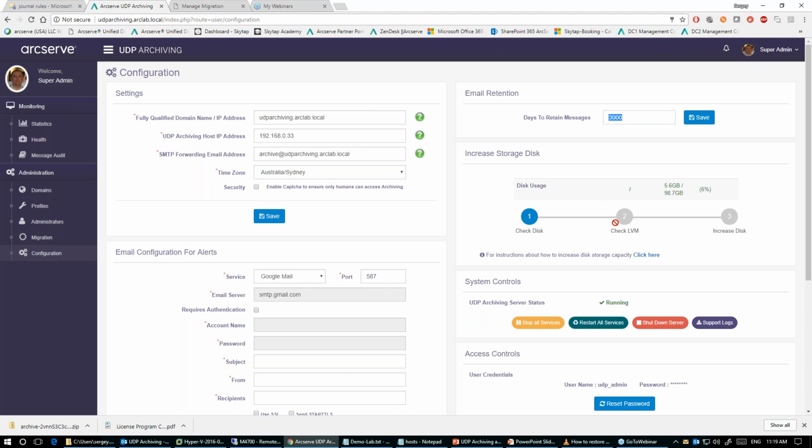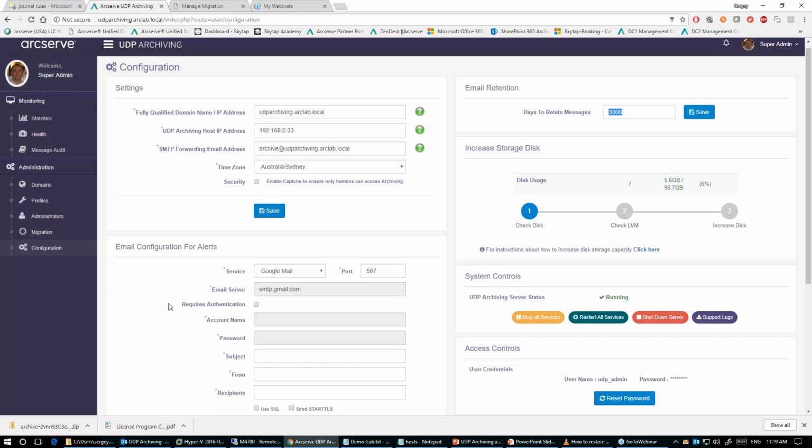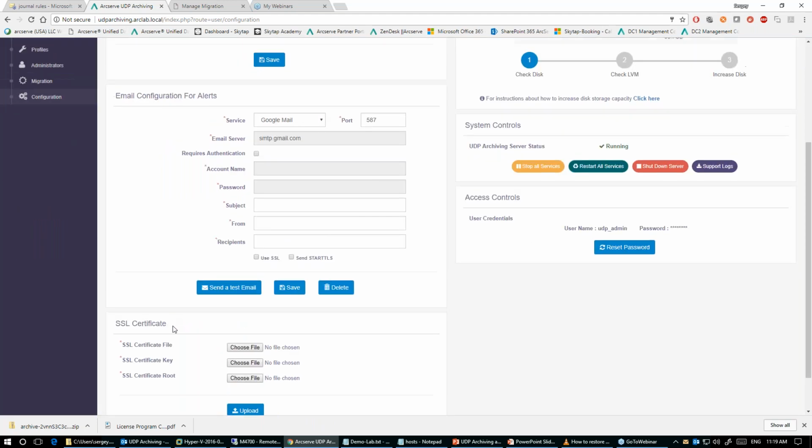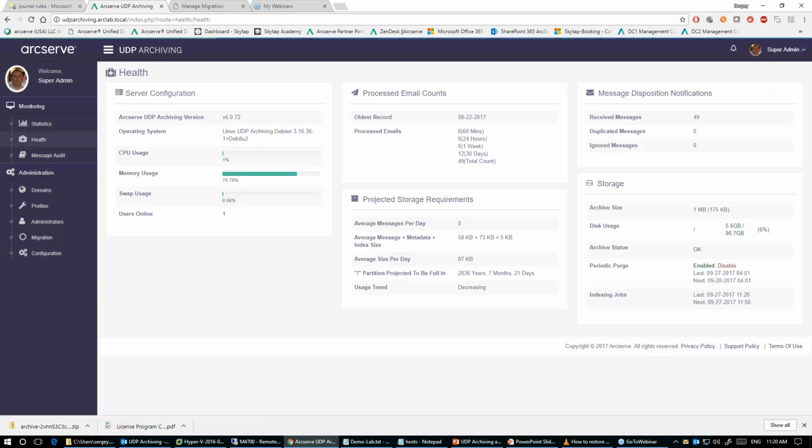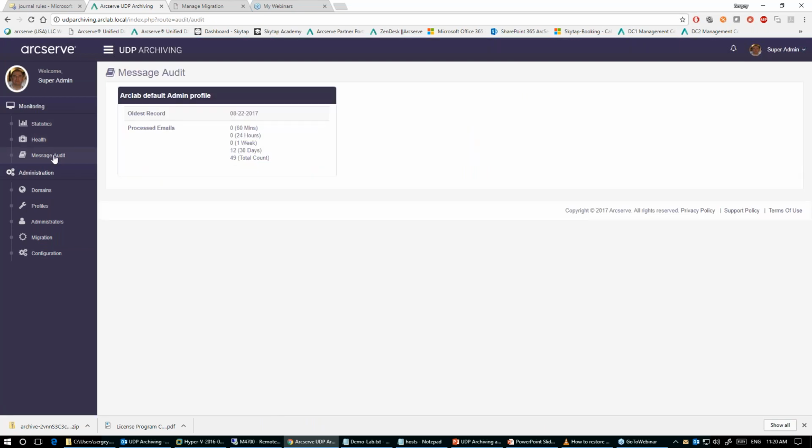We can expand size of the disk, as you see here, and few more things like restart system, shutdown system, upgrade system, and so on. Some statistics fields will be available here, health status, some items here. Auditing, just a very highest view.